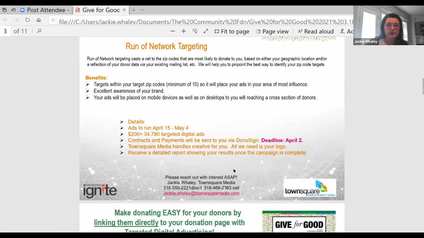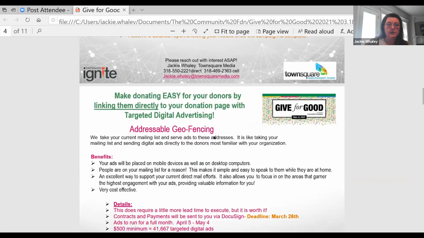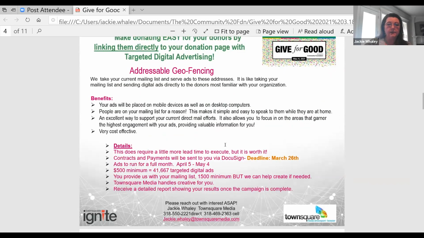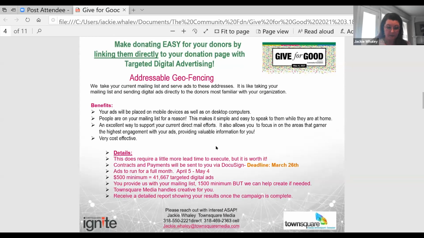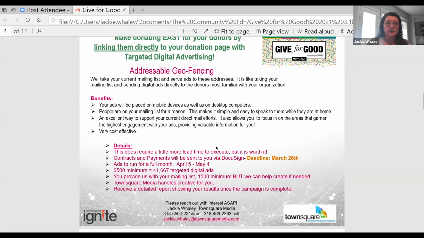This is addressable geofencing. Now, Emily, you and I talked about this, but I hadn't decided if I was going to put it in here or not. And I had a training a couple weeks ago, and this has become such a popular thing for people to do. Now, I will warn you, this one takes a little more time to execute, but it is so well worth it. If you already have an existing mailing list, or if you already do a mailer or anything like that,